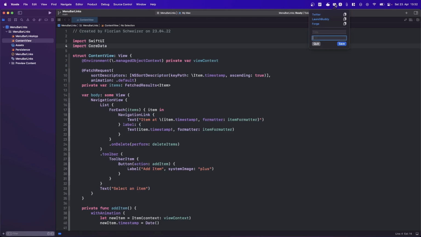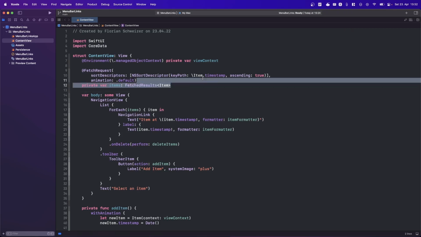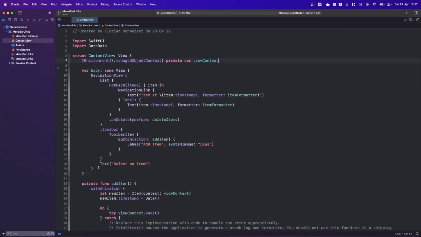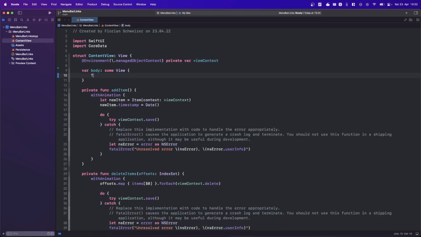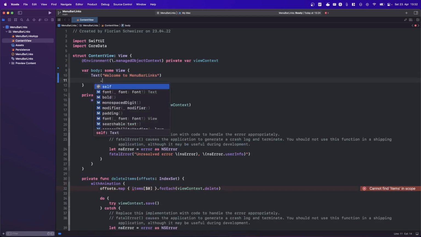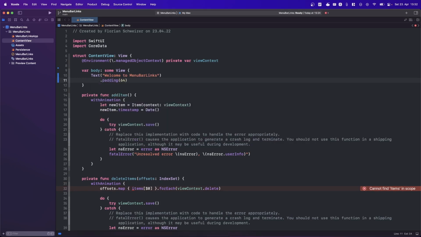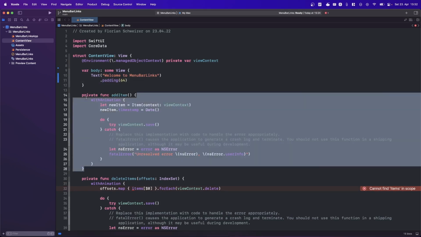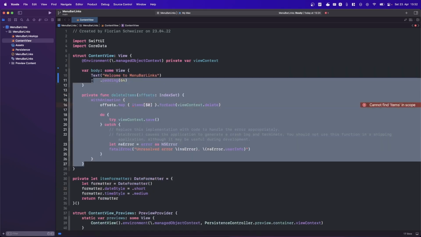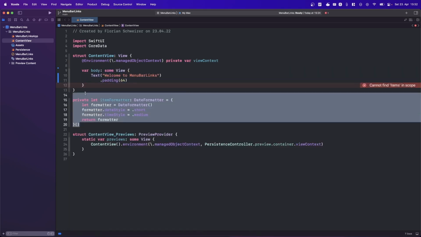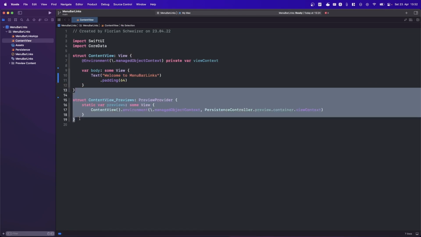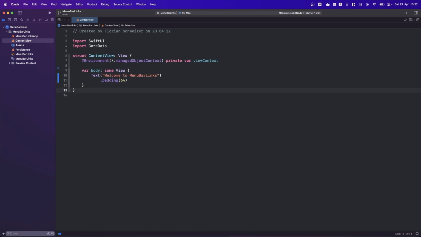Okay, so to get started, I already created an Xcode project and I selected use Core Data. Because of that, there is always a bunch of stuff that we need to clean up first. So let me get rid of most of those things. In our view body, let's say "Welcome to Menu Bar Links." That's what I called the project. And then let's give that a ton of padding. Let's remove the add item function, the delete items function, the item formatter, and let's also remove that preview